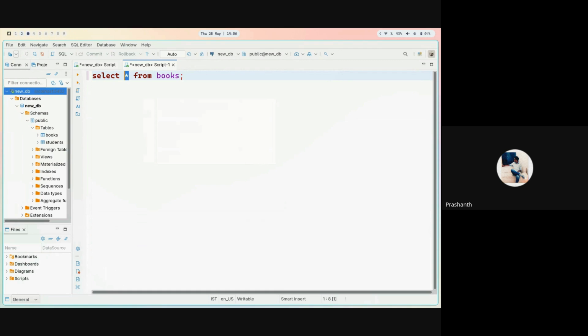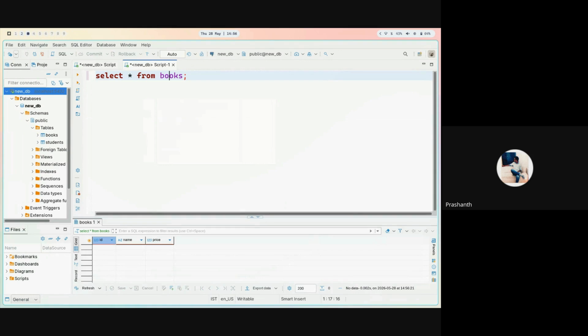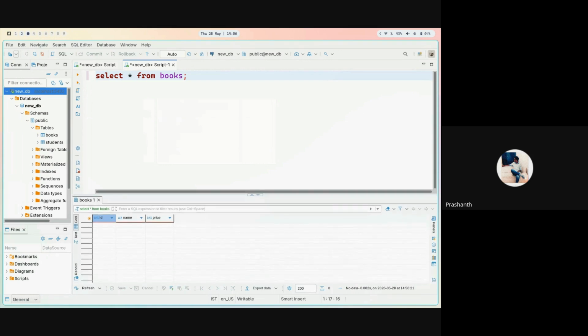Star means everything from the table books. If I execute this, you can see that ID is present and we have no data. There is a name column and a price column, which is also an integer.